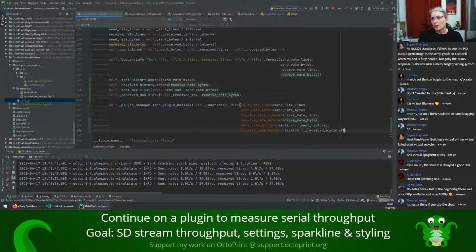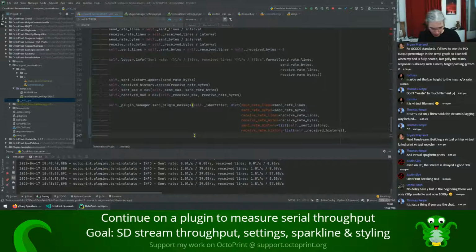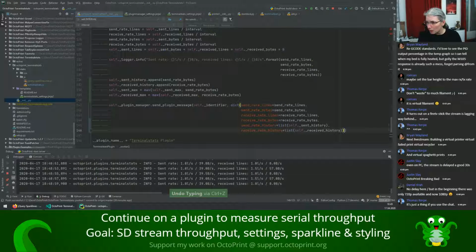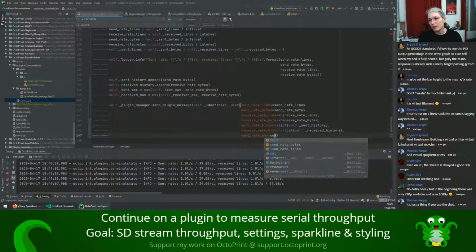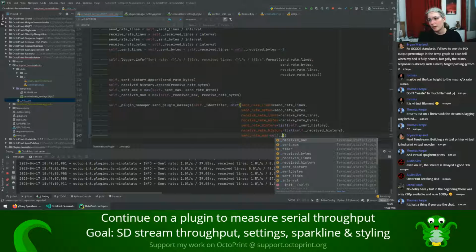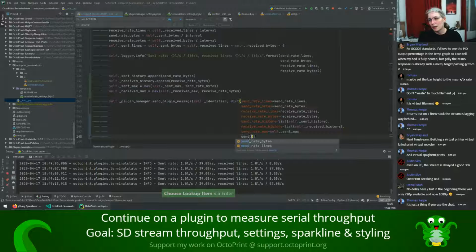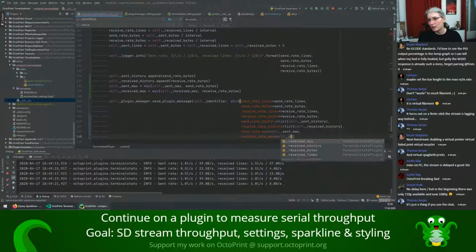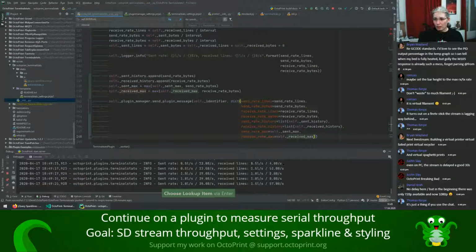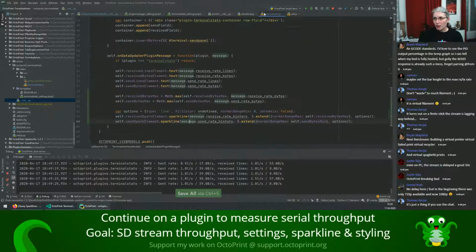And then we are going to add it to the stuff that we push to the client. I'm in the wrong location. Yeah, okay. Send rate max is self send max, and receive rate max is self receive max. So now that should be pushed to the front end, and then in the front end we can